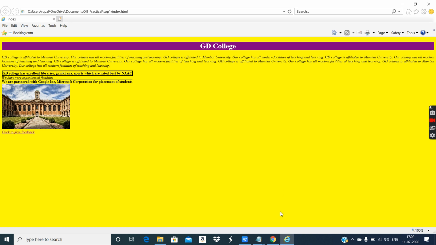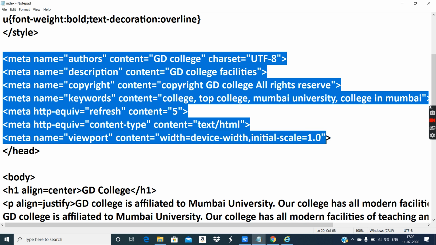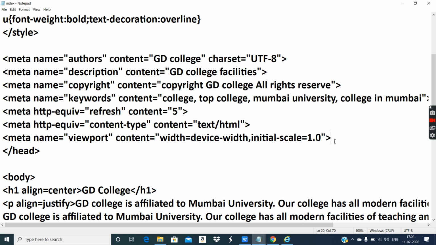So it gives a very professional touch to the web pages, and professional development of web pages is very important. And people who are into digital marketing actually realize the use of this keywords content. And people who develop, create videos and upload videos on various platforms, they also realize the use of keywords.